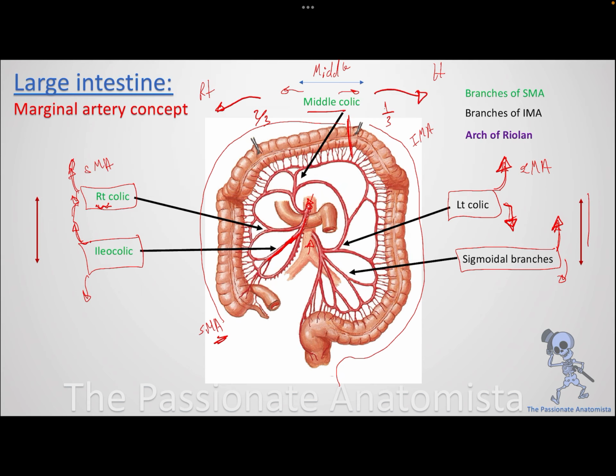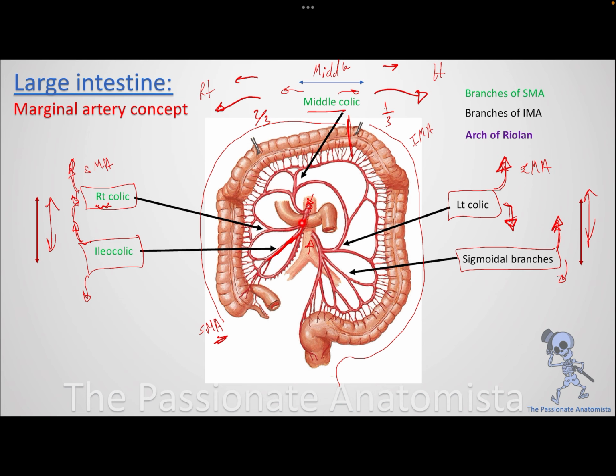So again, I have ascending and descending, and in the middle I have right and left. When they all anastomose together, they form the marginal artery. That marginal artery is important because after forming it, they send straight arteries, the vasa recta, to supply the colon itself. If I have a blockage in the superior mesenteric artery, the inferior mesenteric artery will be able to fill the marginal artery with blood and take over. The same happens if I have a blockage in the inferior mesenteric. So it's a very important collateral circulation to save the